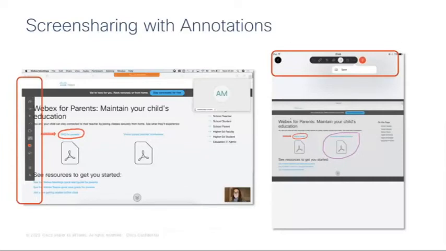Anything we screen share can be annotated. Annotation on WebEx is only as good as your own skills with the mouse and trackpad, but if you're using it to brainstorm or underline or highlight, it will work really well. You can also add text and basic shapes. And our participants can also join in with the annotation if we grant them permission. So just to reassure you, as the host, it's up to you whether you want to have annotation or you allow other people to annotate. This is your choice.